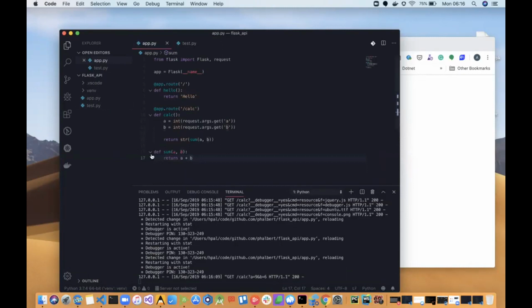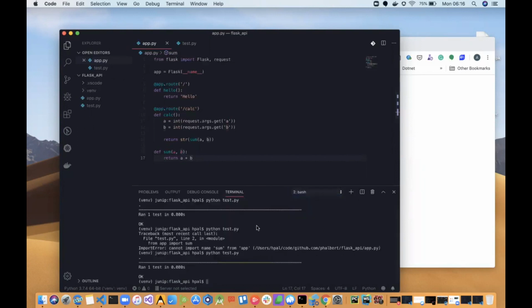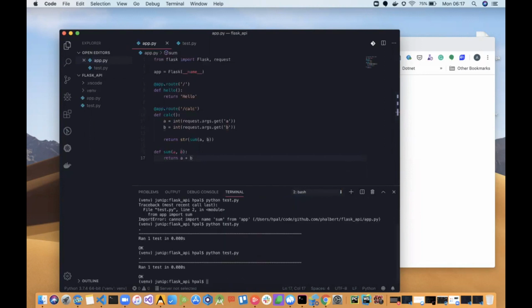Now let's consider this as our API, and let's start adding some functions that we're going to automate in our GitLab CI. For example, let's do tests. So you've noticed that we are running our tests using python test.py. Okay, so let's proceed and add our GitLab